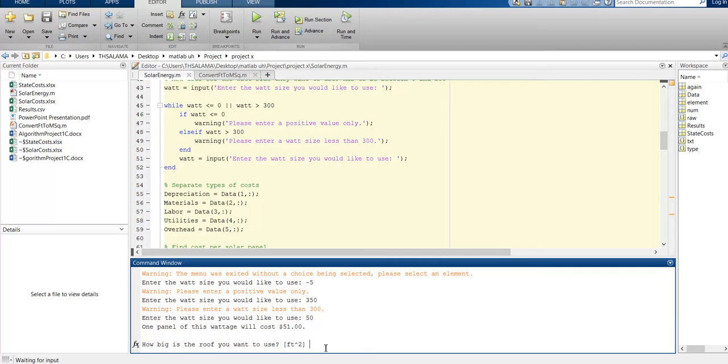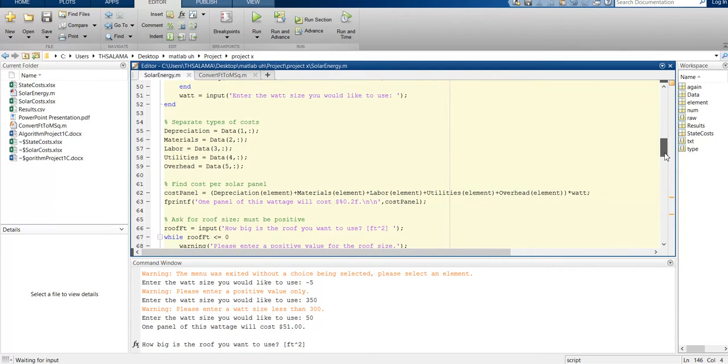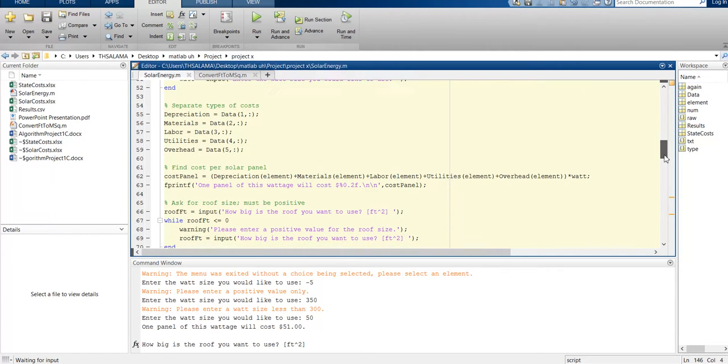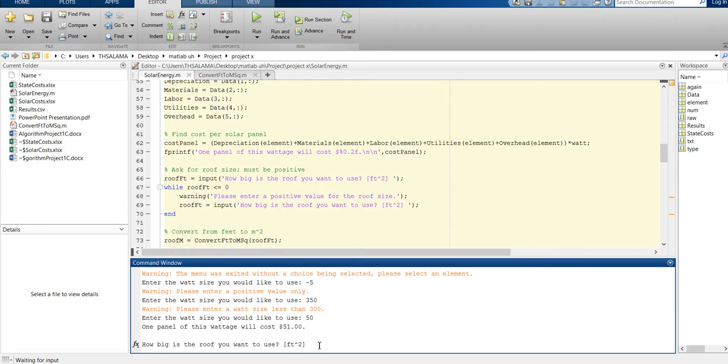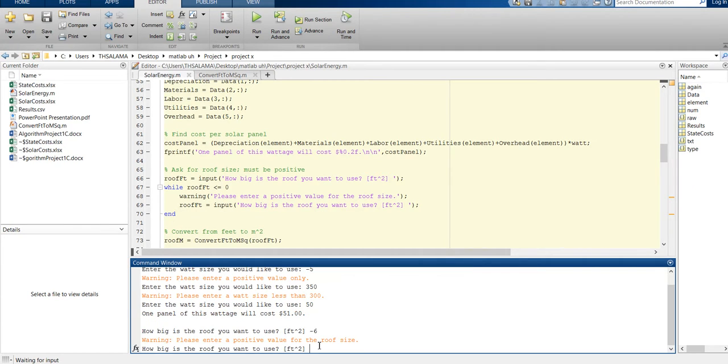Now it asks me how big is the roof you want to use in feet squared. So here we also have a data validation for this. If I enter anything that is not a positive number, so if I enter -6, it will tell us warning, please enter a positive value for the roof size. So here I'm gonna use the test case and enter 185.8